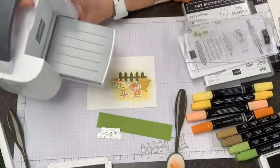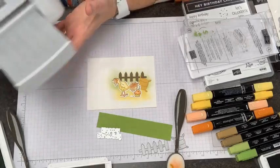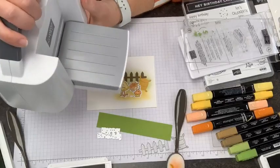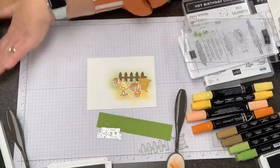But I love the mini. It's super lightweight. I can move it around. It's easy to grab and put away, and flaps up and everything. It's a really great tool. But what I don't love about it is that it has a tendency to slide because my counters are really